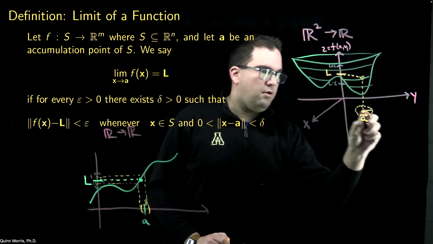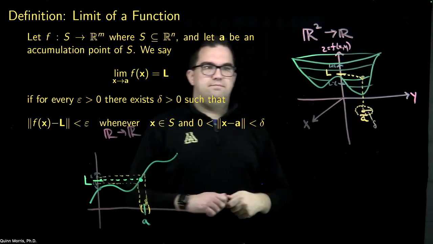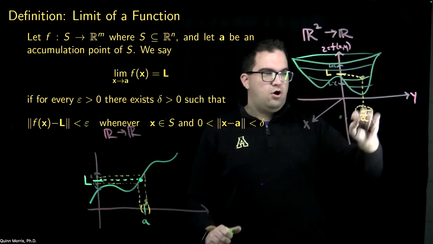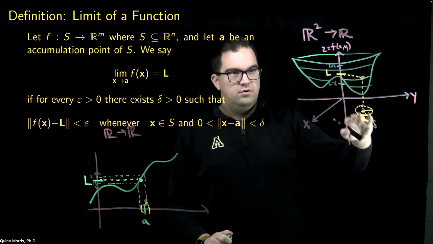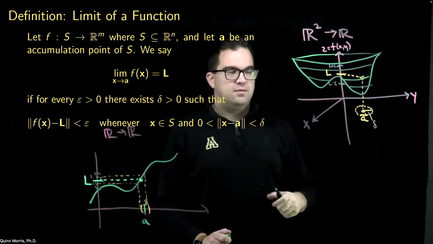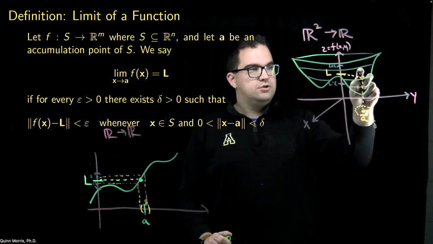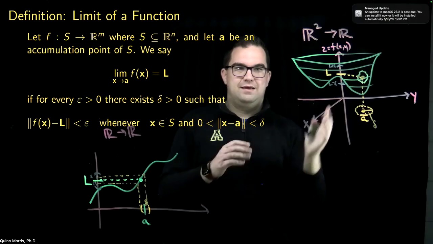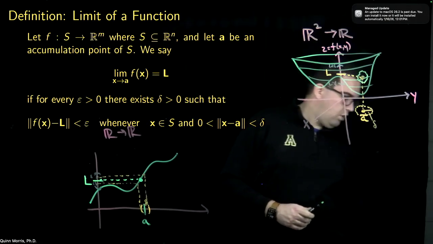This gives me a ball with radius delta, okay? And so what I do is I look at what happens if I take all the values that are in this little open disk here in the plane and I map them up onto the surface. They don't have to be a perfect circle anymore. They could be a little wonky,